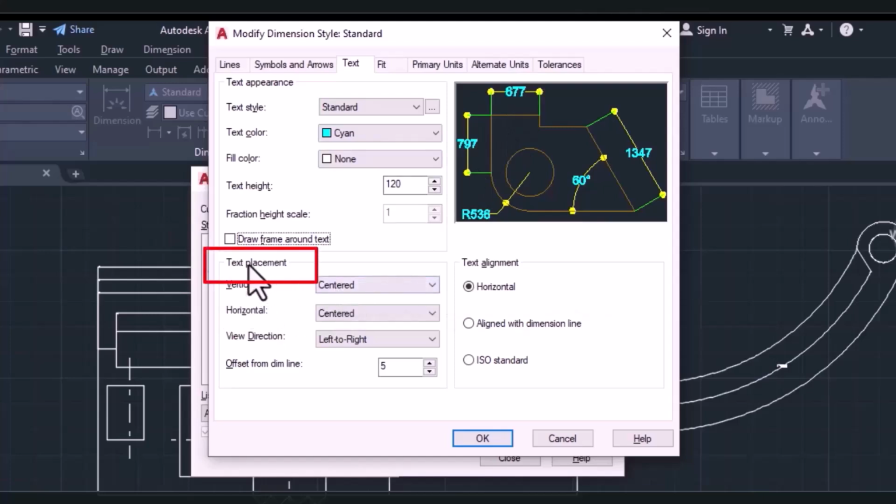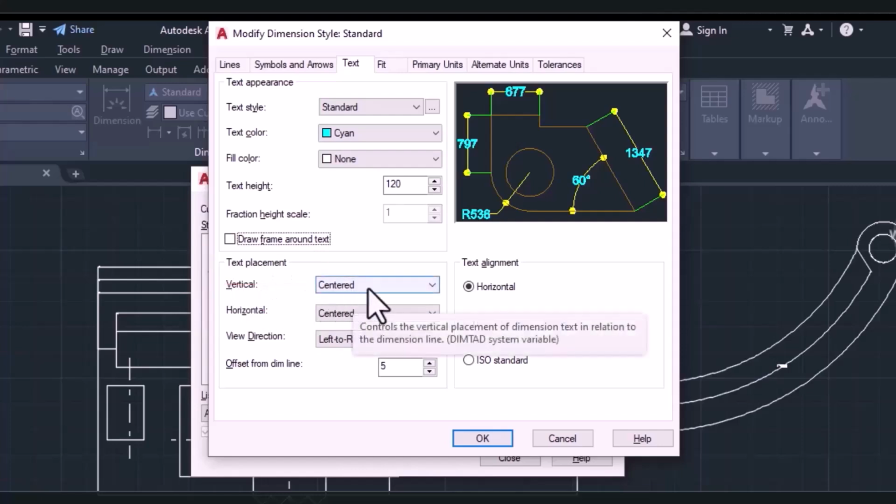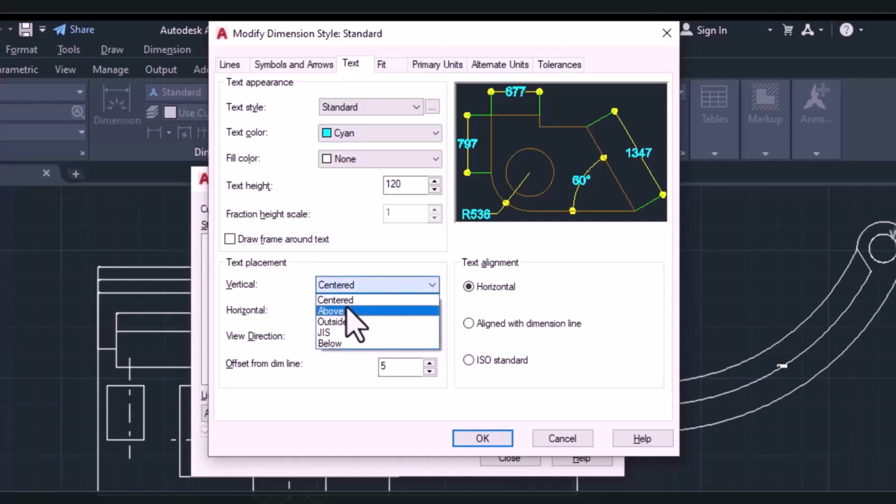Now, over here is the text placement. So on the vertical, the text is being placed on the center by default. I could click on this drop down to change the position I want. Generally, the center option is used for both the vertical